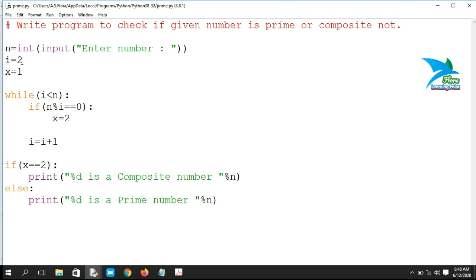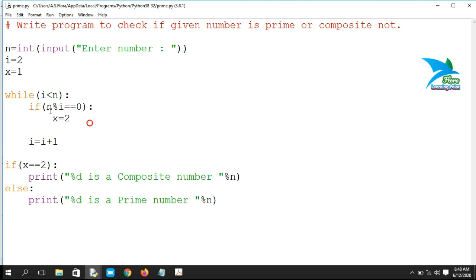First we get a value from the user, then we have to declare a loop variable, that is i, and the initial value of the loop variable is 2, and we have to run that loop up to 1 less than the value of n. So here we have specified less than.